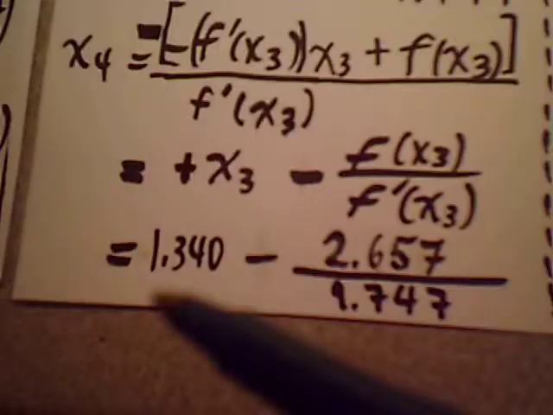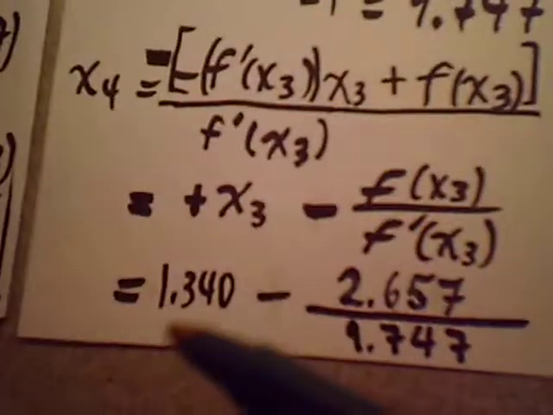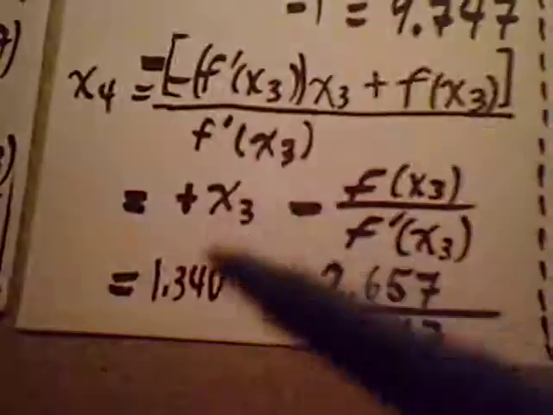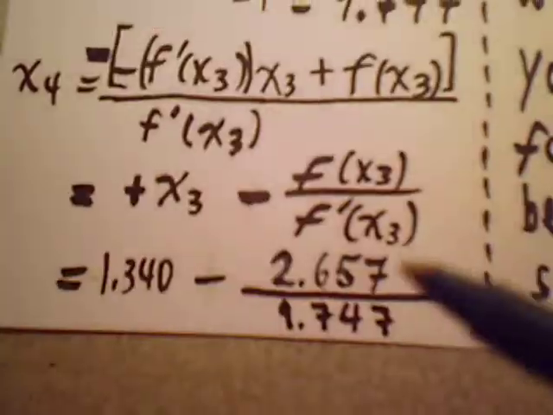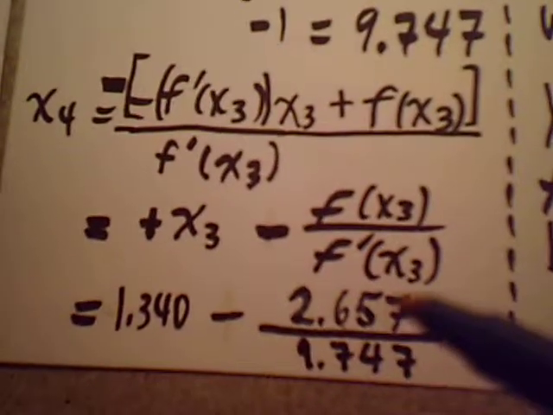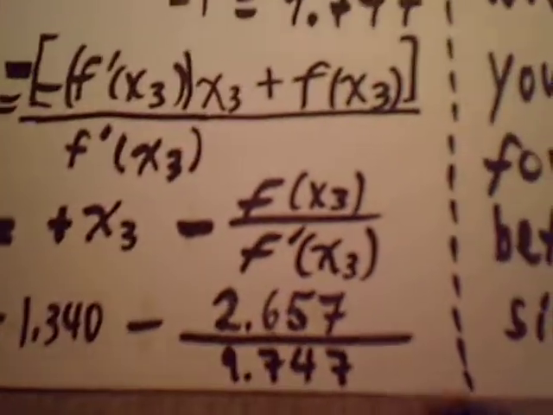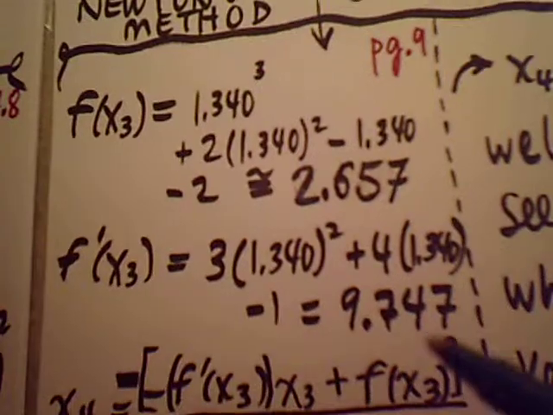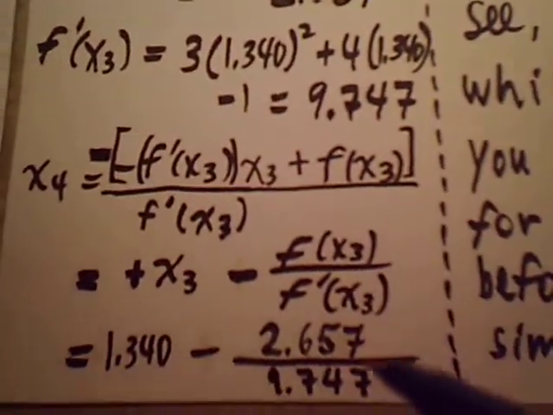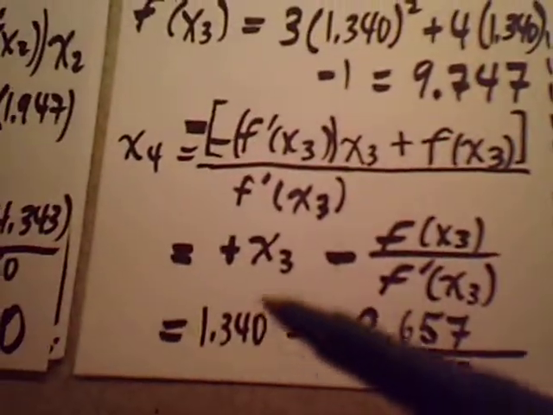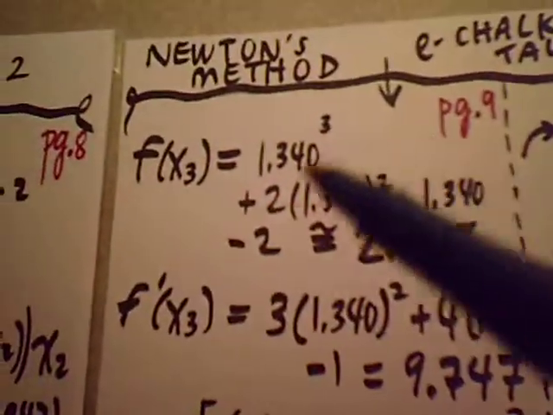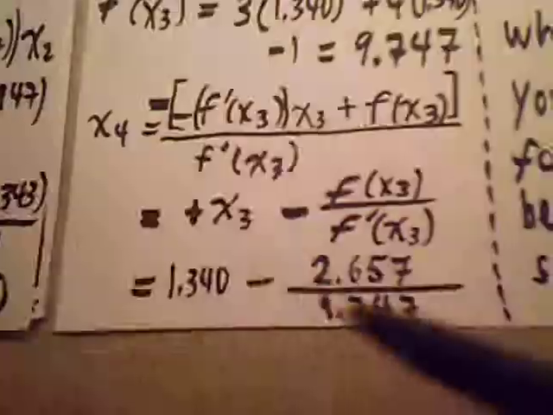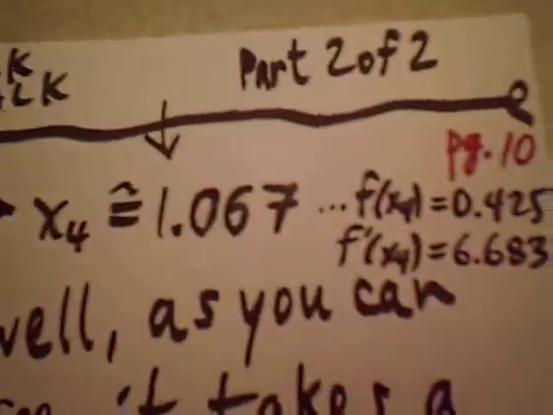Right, we're driving towards the root solution, which we already know is 1.000, but in our case, we're assuming we don't know that. x3 is 1.34 minus the numbers we calculated before. F of x3 is 2.657 and the slope is 9.747. There they are there, just to refresh your memory. Okay, so those numbers are going here, and there they are there, and there's the original x3 that we started with, doing all these calculations. We calculate this, and so it's something kind of compressed this time, but anyways,